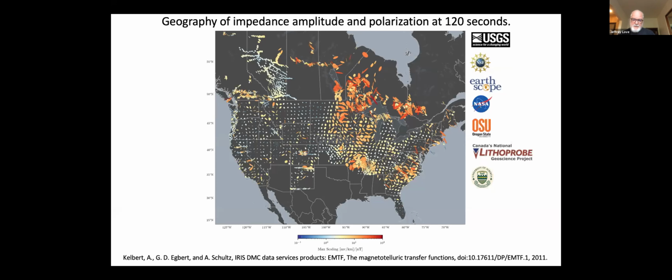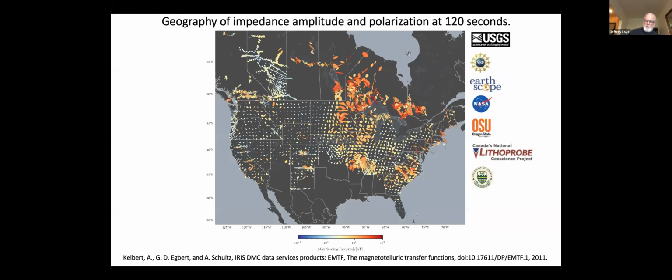See that the impedance is high in Ontario and in that little corner of Quebec. We also see that it's high in the northern Midwest of the United States and Minnesota. And I just want to emphasize, it's also high in the eastern United States along the Piedmont Formation. It's a little bit hard to see in this map because a lot of those impedances in the eastern United States are highly polarized. They're very narrow needle-shaped ellipses. The impedance is high, but it's also very polarized there, and that's important to realize.